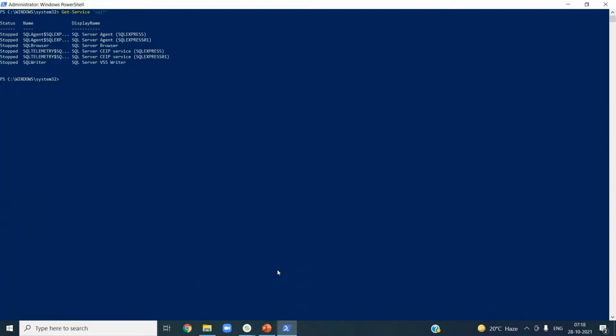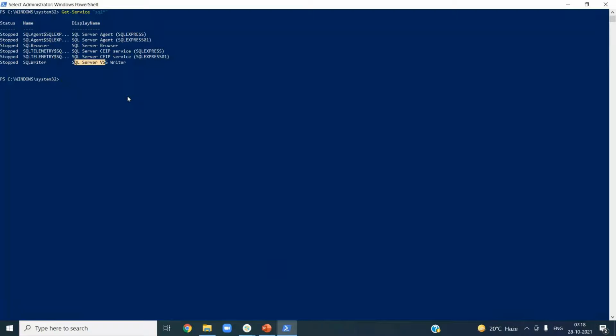press Tab, sorry, press Tab to set it right. Okay, and then double quotes SQL star double quotes. That means this command is going to list out all the services running on your server starting with the word SQL. So these are all the SQL services running on my server. SQL Server Agent, SQL Express version, SQL Express 01, and there are some others. So that's how you can go and search for services running.